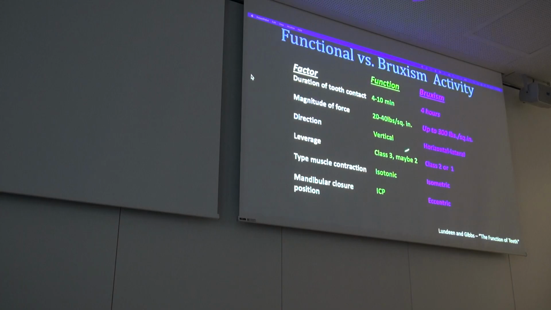When we look at the leverage of function, class 3, as I'll show you in a sec, is the type of leverage that the mandible should have. But in bruxing, we often will get class 2 or class 1 levers. The muscle contraction is isotonic, and this means a normal motion where you're actually moving your muscles, exercising your muscles, in your joints, lubricating the